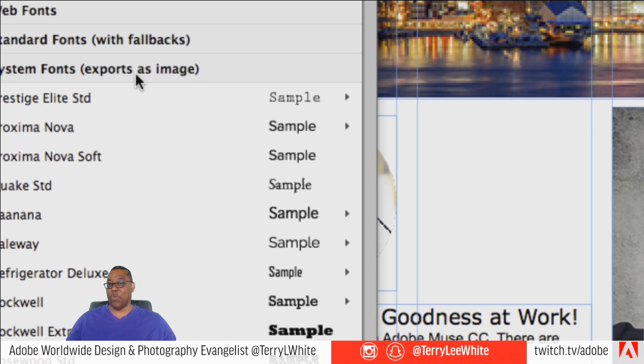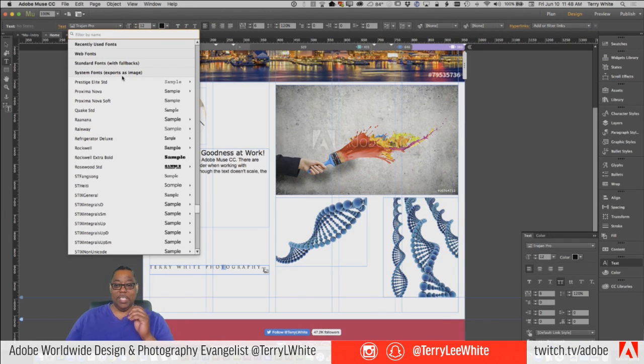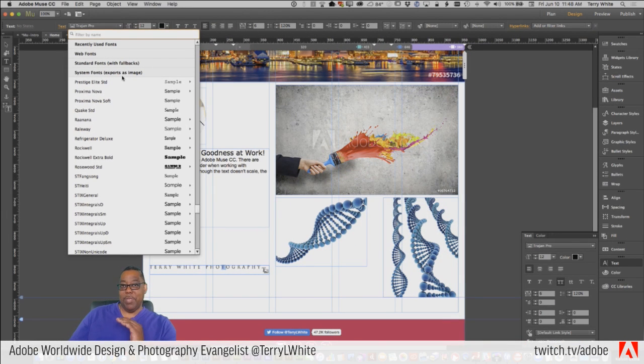But it's not a horrific, oh my God, don't ever do it thing either. What this is simply telling you is every time you use your fonts, it's going to make a graphic instead of that actually being text on the web. That's normally a bad thing. You wouldn't want all your paragraph types to be graphics. You wouldn't want your headlines in every page to be graphics.